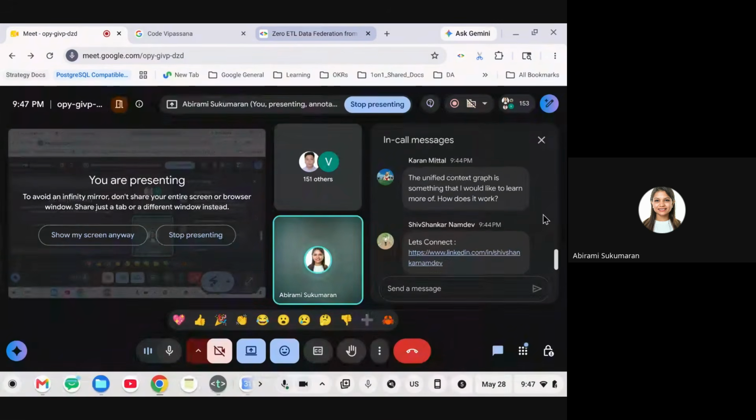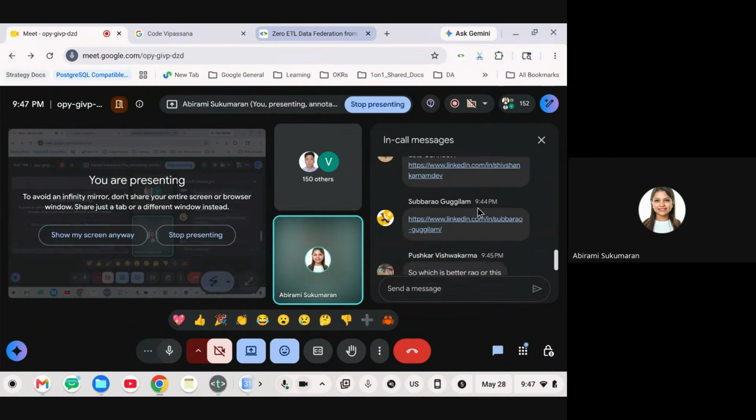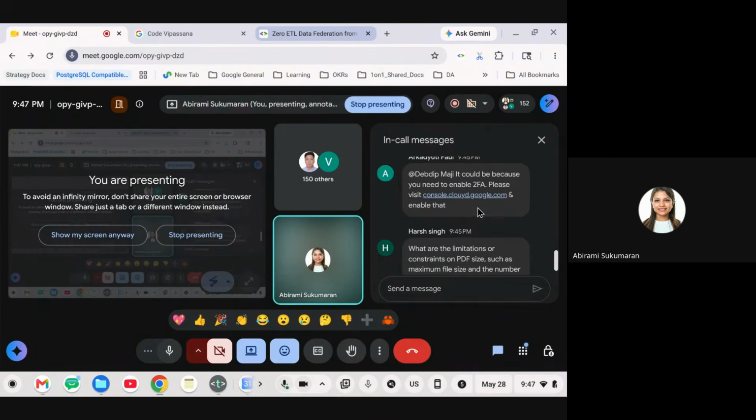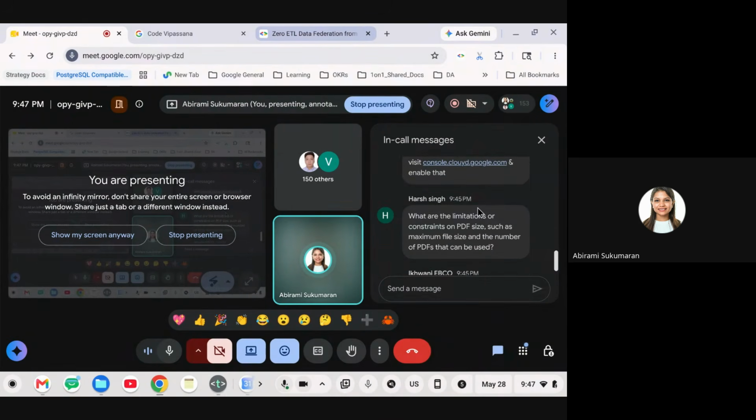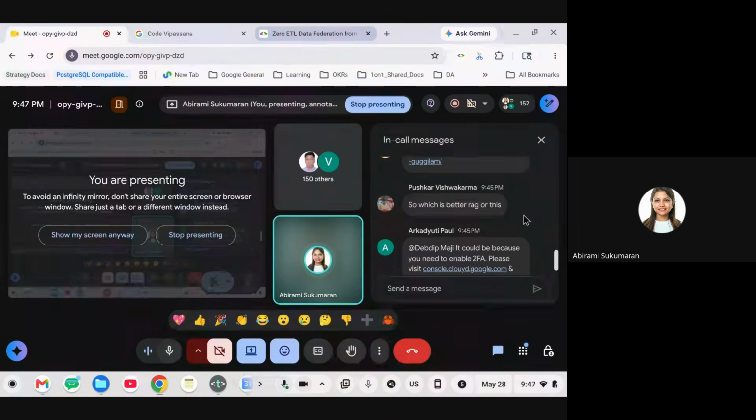Karan, we'll talk about unified context graph more in detail, but for starters, go through the doc. Unified context graph is how most of RAG and most of the inferences happen in data behind the things that you don't see. The connections between data, the connecting the dots, happen in the unified graph format before it reaches your response, before it reaches you as a user.